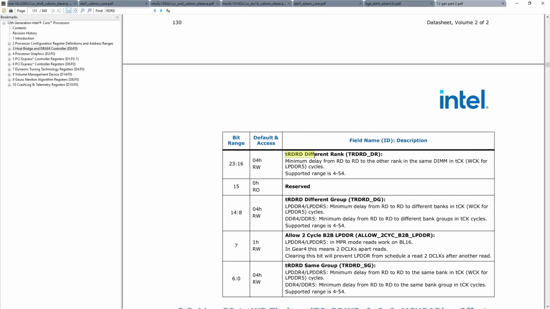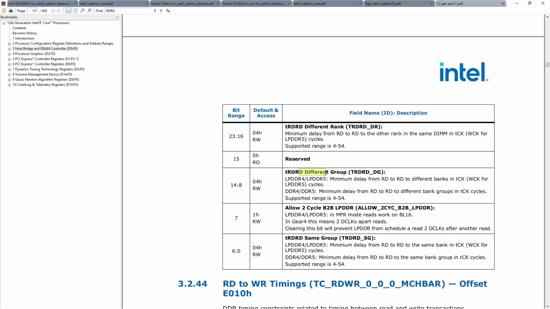Anyway, then we have read-to-read different rank. So this is just for reading from a different rank of memory on the same memory stick. And then reading from a different group, and then same group. And this is why having more bank groups is significant, because the different group timing and the same group timing are actually very different. On default settings, the different group timing is typically going to be 8 clock cycles, whereas